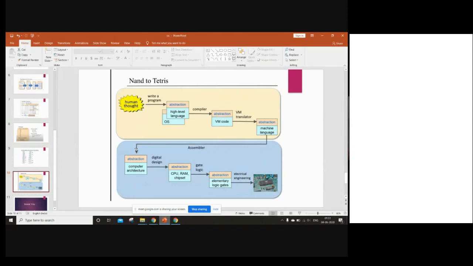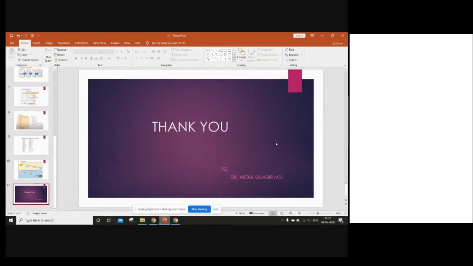How we created these CPU, RAM and all was using our elementary gates like the adders, muxes, etc. And how did we create these muxes, gates, adders, half adders, etc.? Basically through our NAND gates, and hence concluding our project, NAND to Tetris. And by this we can say